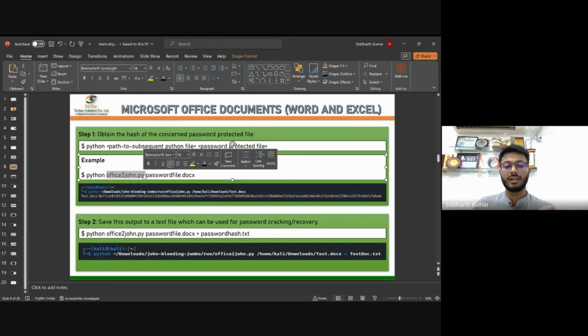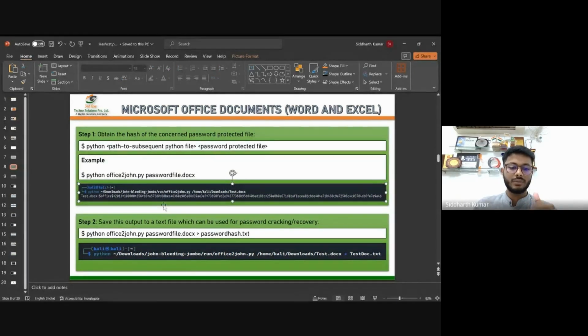Since it is a document, I will be using office2john.py. That .py stands for Python. Once that is done, I will be specifying my password file. In this case, it is password.docx. So below you can see once you have